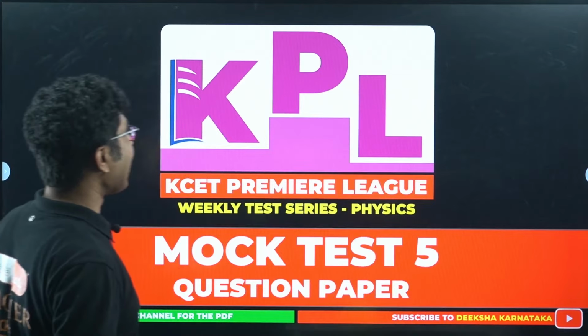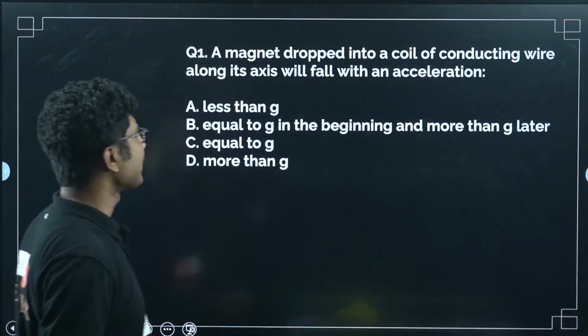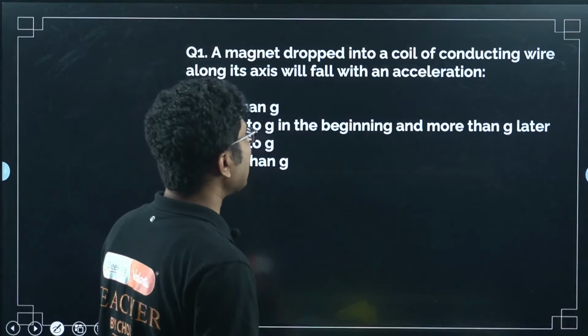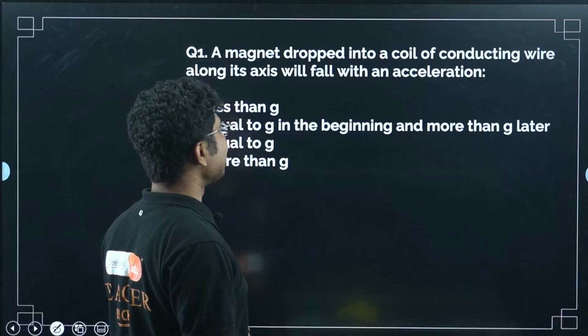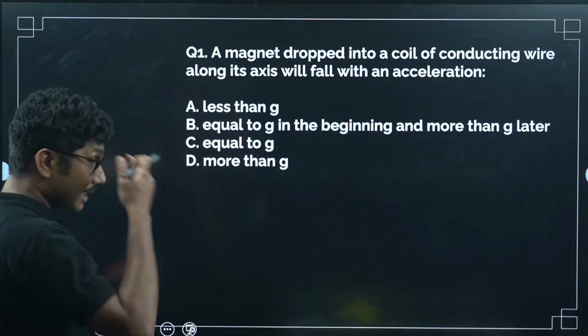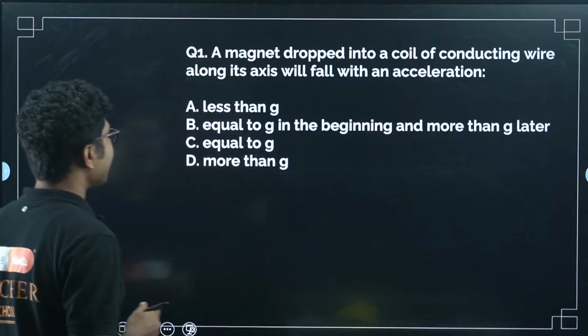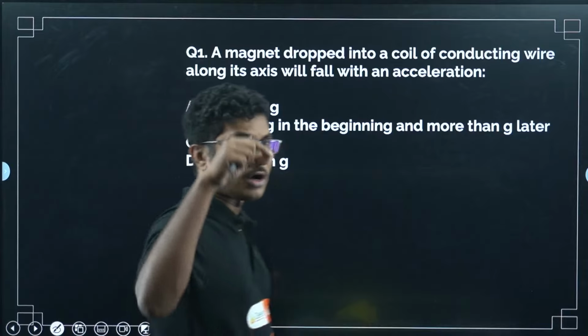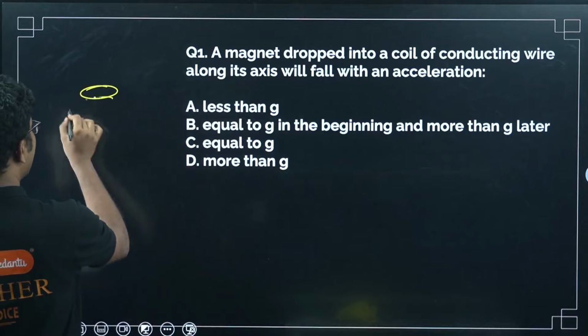Now let's start with today's solution. First question: a magnet dropped into a coil of conducting wire along its axis will fall with an acceleration. So this is based on electromagnetic induction. So electromagnetic induction, we know that when a magnet is dropped in a coil,